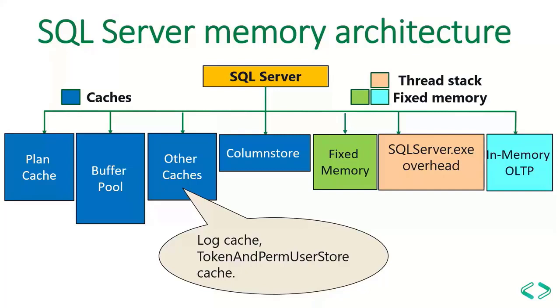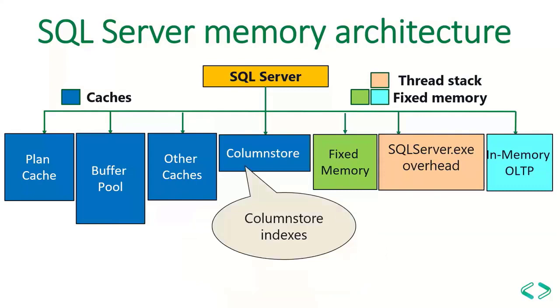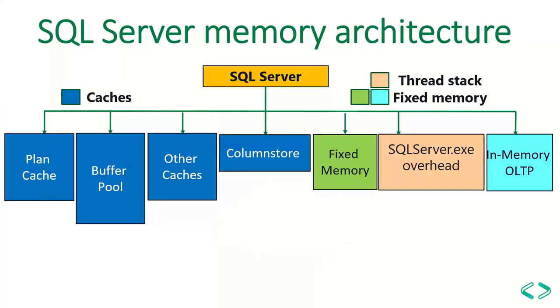There is also another type of cache known as column store cache, which stores the column store indexes in it. Now all these caches which you are seeing in the blue color are very special. Why do I say that? They are very special because they have a backing mechanism. When there is a memory pressure, since they have a backing mechanism, all the objects inside these types of cache will be sent to their storage systems.